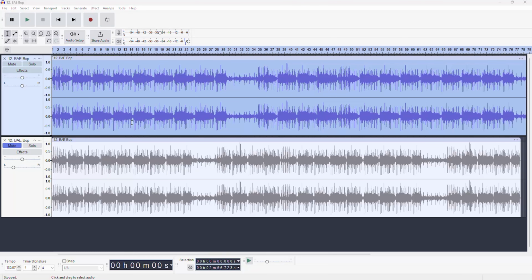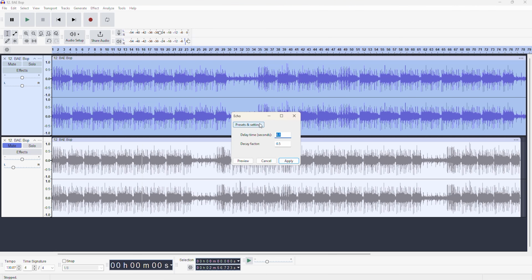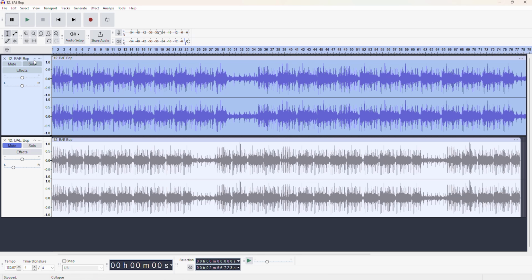What you can also do to add to your audio to make it potentially better or worse, it's really your opinion, is add an echo. To do that, go to effects, go to delay and reverb and click on echo. A menu will pop up and I normally only change the top number. For this, I want the echo to be really close to the beat because a lot is going on, so I will set it to 0.1. Now when I play it,